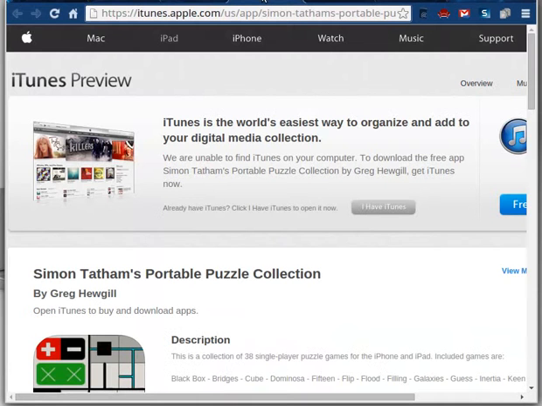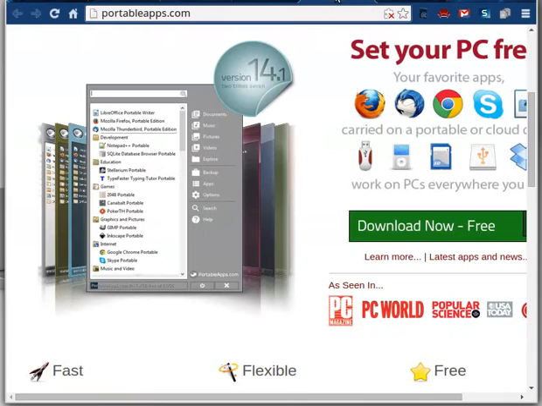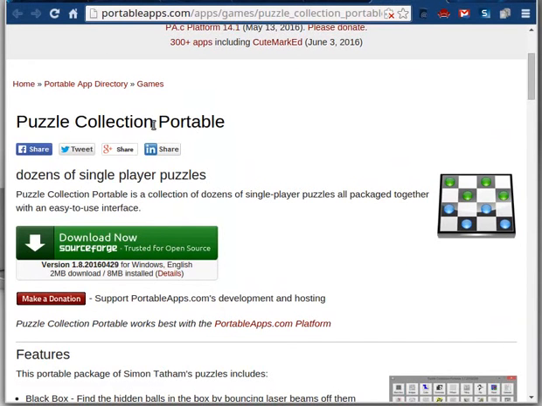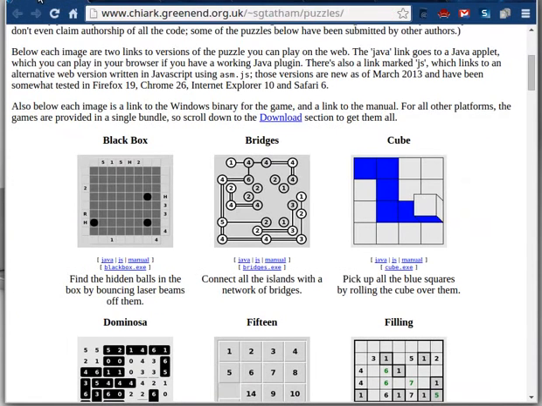the Android Play Store, and iOS, and also something called Portable Apps for Windows, which is a way to install applications to a flash drive so you can take them wherever you want to. And it's called Puzzle Collection Portable in that particular